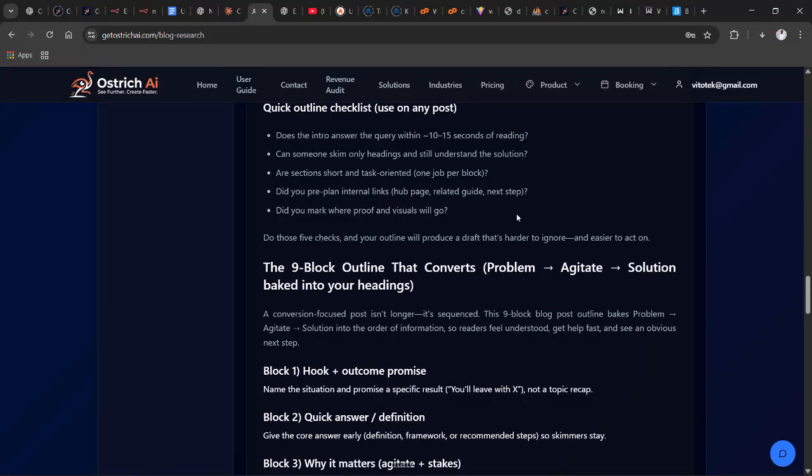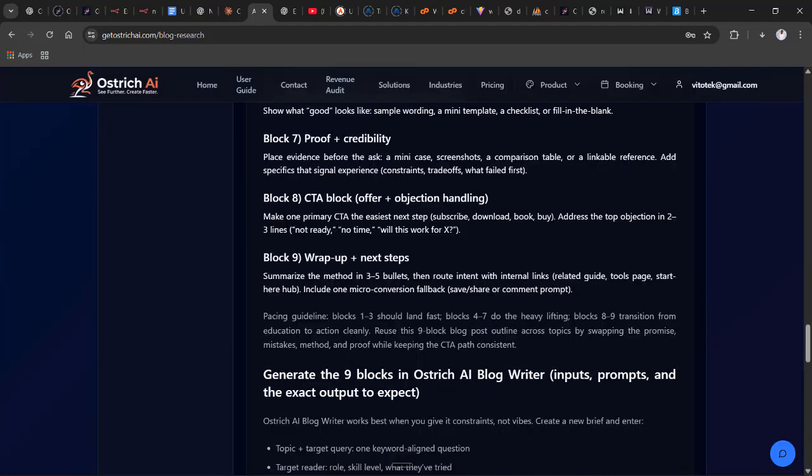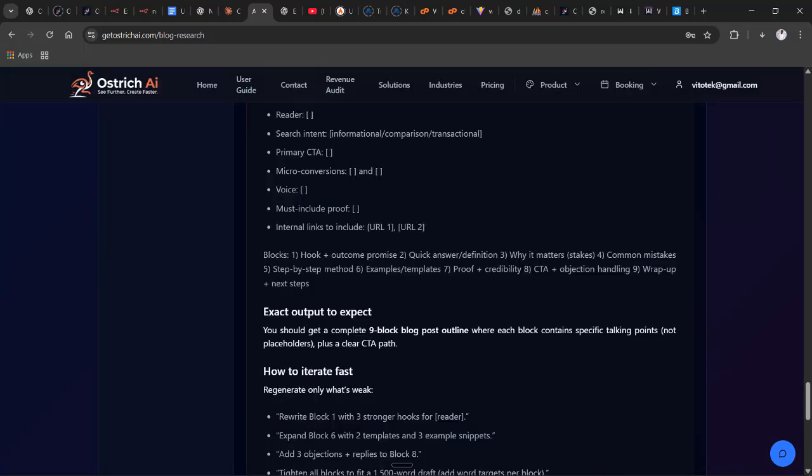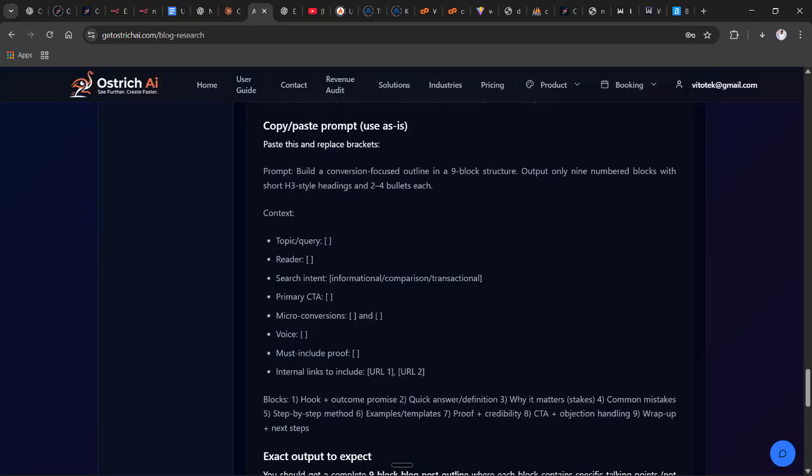Then you now have the converted pyramid plus pro. You now have another section, the name block, a blueprint that converts: problem, agitate, solution, back into your headline. So let's see it. You can see block one, and you can see the name block, and you see it mentioned. So the write up is now,